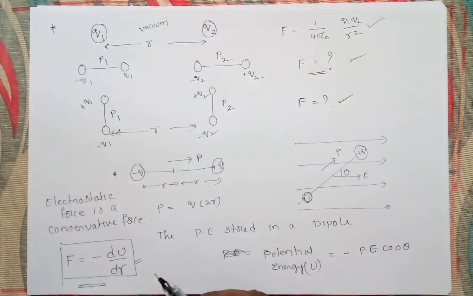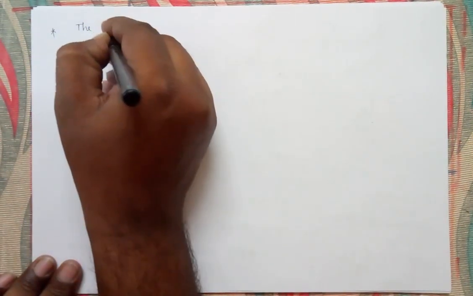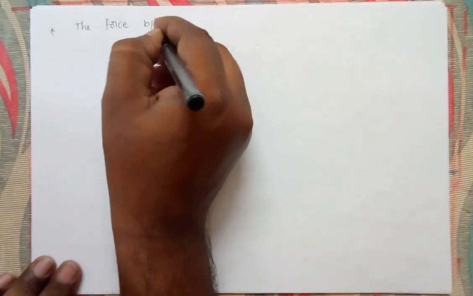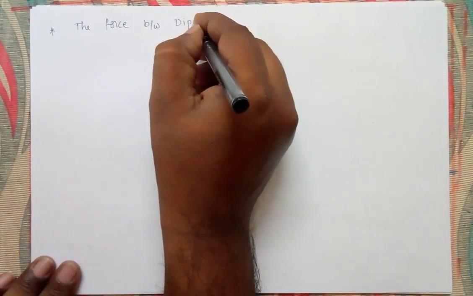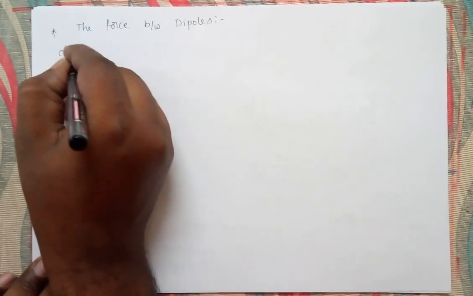This is in work, energy, power. In first year we discuss conservative and non-conservative forces. In a conservative force, if potential energy is there, how can you find the force? That comes in first year. Now I am using this formula. So we have recollected these points. Now I am going to discuss the next case, which is a continuation: the force acting between dipoles. Case 1 I am taking.